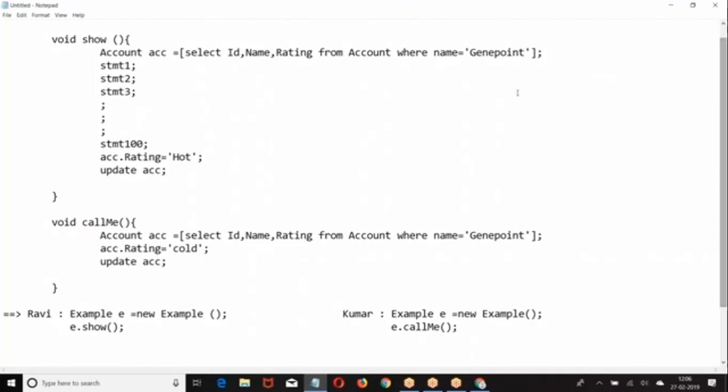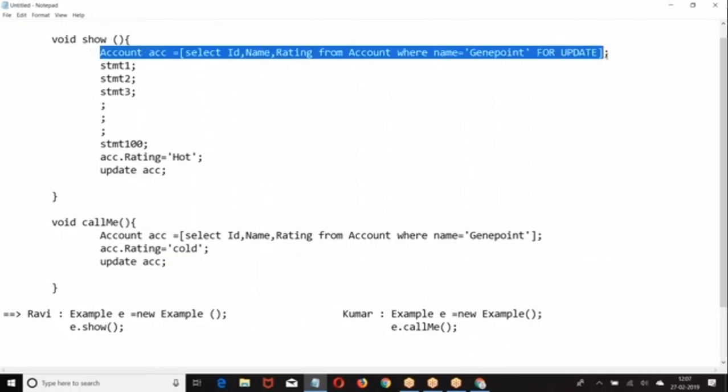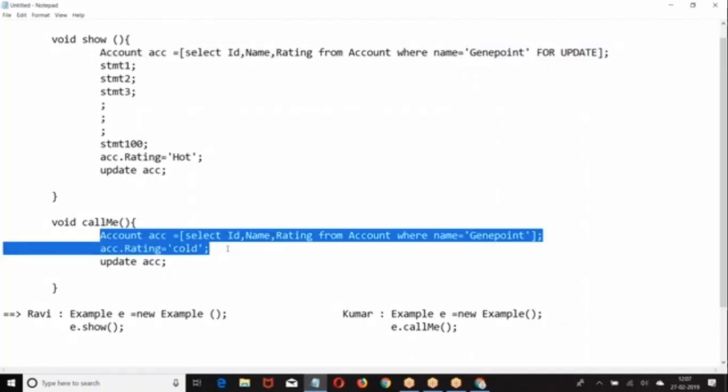Then what we do? Here we write FOR UPDATE. When is it FOR UPDATE? You brought the data and the data is locked. For how much time? 10 seconds. Within the 10 seconds, if the lock is released, then this operation will run. Within the 10 seconds, if the lock is not released, then it will throw an error message. You cannot update. Now I lock the data and you are trying to modify it. It will wait for 10 seconds.